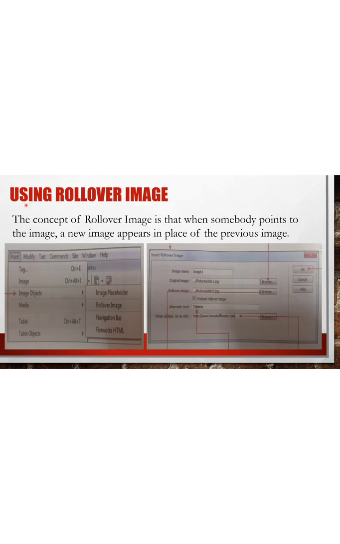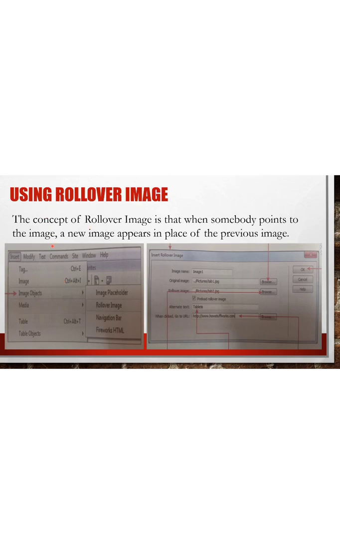Next topic, using rollover image. So we learned how to insert an image. For inserting an image, you have to click on the insert toolbar, then under the insert toolbar, you can select the image option. Then you can select the required image. This is how we insert an image. Now we are going to learn how to use the rollover image.